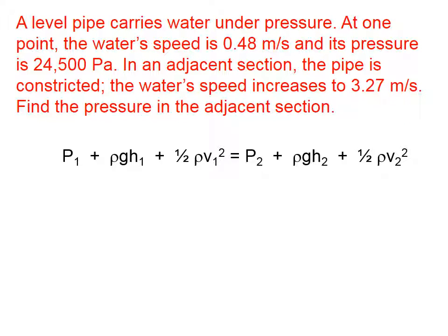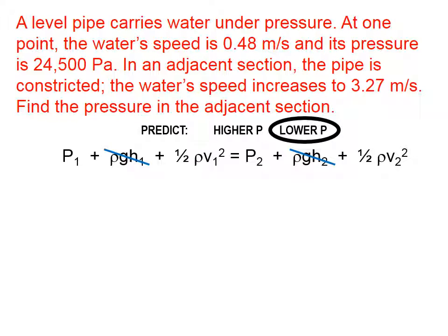So, we're going to use Bernoulli's equation, and let's predict. We're asked to find the pressure. Let's predict if the pressure in the adjacent section is going to be higher or if it's going to be lower. Well, let's see. The speed increases. Here it's going more slowly. In the adjacent section it's going more quickly. And according to Bernoulli, fast-moving fluids exert lower pressure. So we're going to guess that our answer should be less than